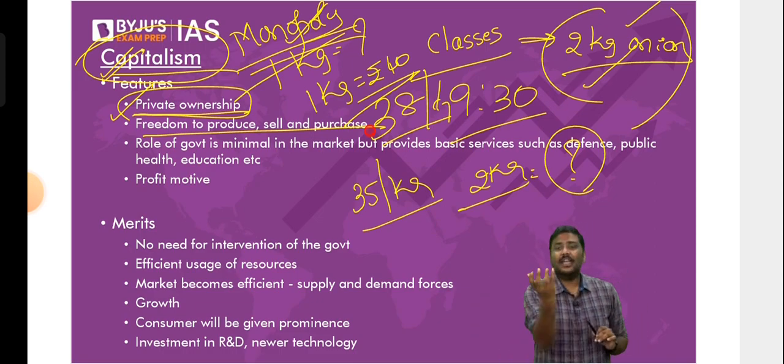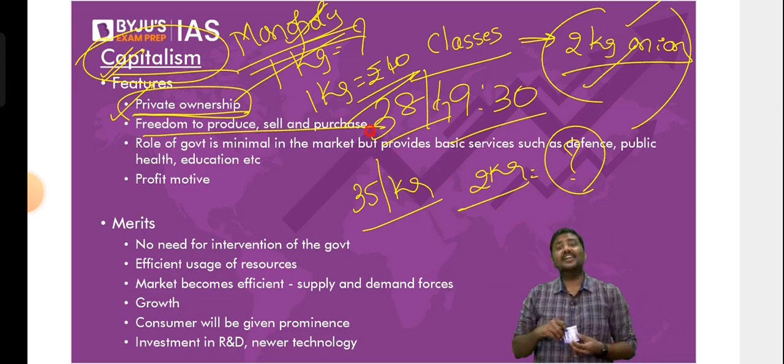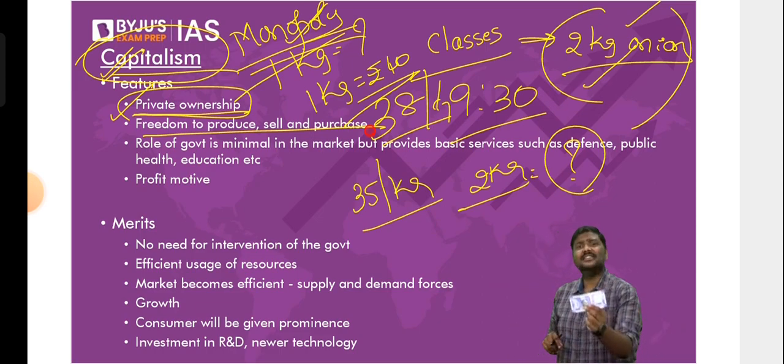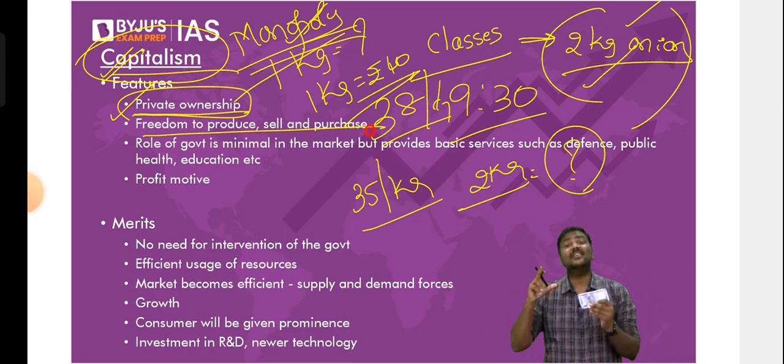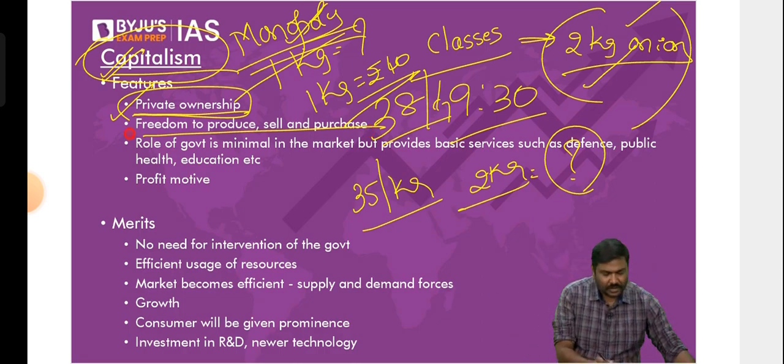So there's a freedom of choice. Whether I want to use this particular 100 rupees to purchase, let's say, food, I can. I can use this 100 rupees to purchase, let's say, vegetables. I can use the same 100 rupees to purchase liquor also. Right? Someone will simply say, so Monday morning it's liquor. I'm not asking you to drink. I'm simply saying that freedom of choice is available to me. I understand. The freedom of choice is there. So that is one more very important feature related to capitalism.